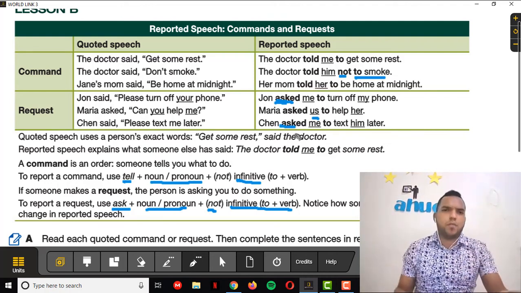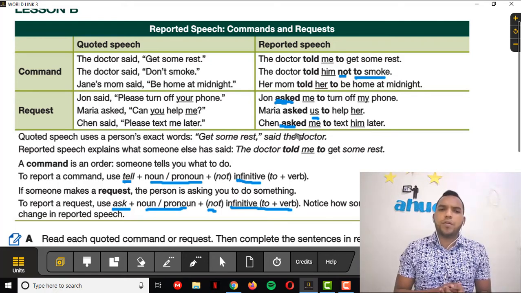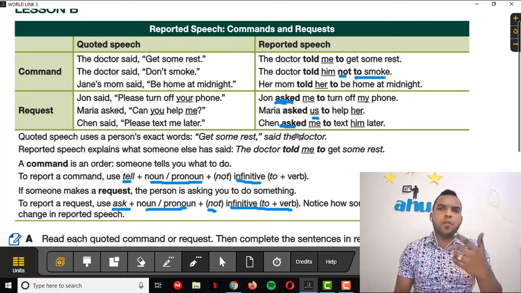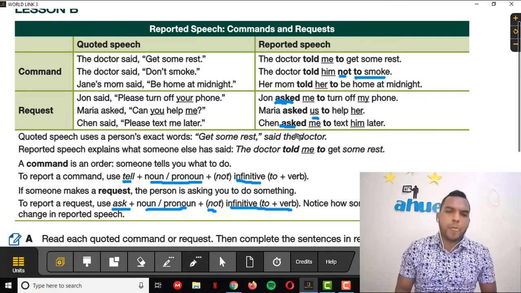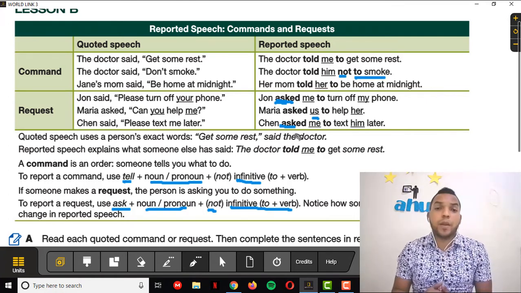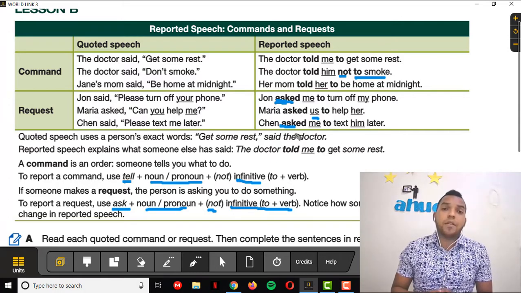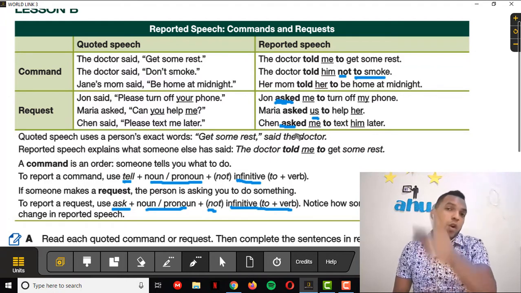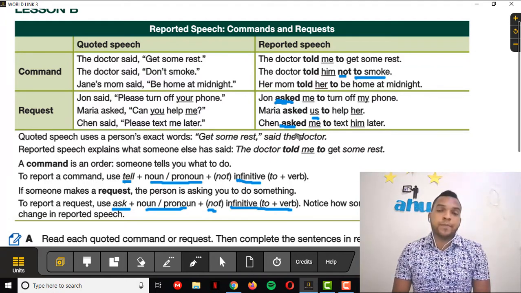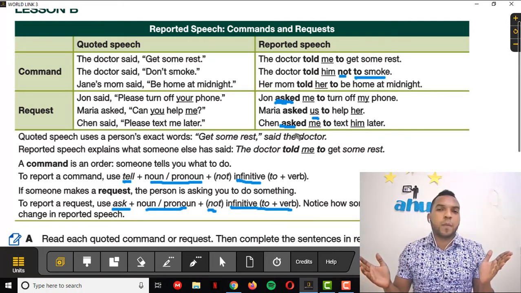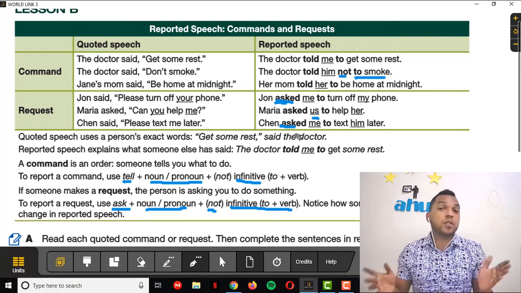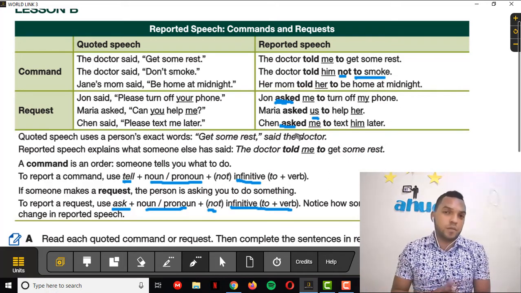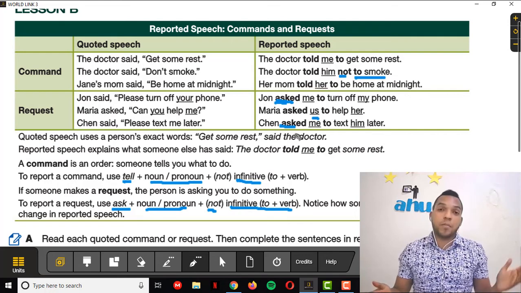Another sentence, so just to make sure that you could understand. If I am talking with you and I'm talking here, let's say with Peter, and I say to Peter, oh my gosh, Peter, I think you have to go to the doctor. Go to the doctor, please. All right, so what exactly is that sentence? Is it a command or a request? Okay, so I say, go to the doctor.